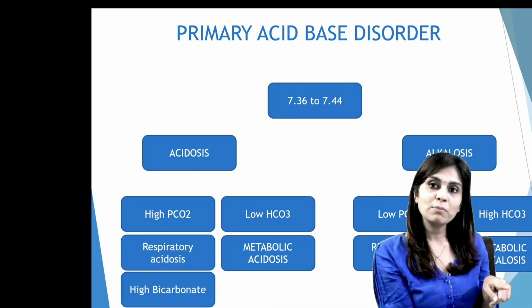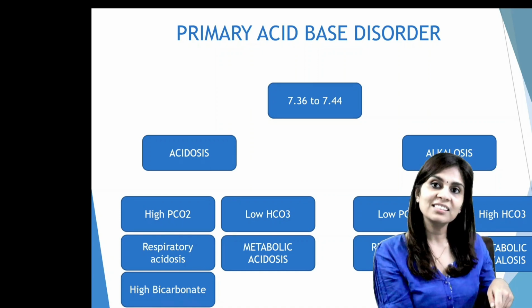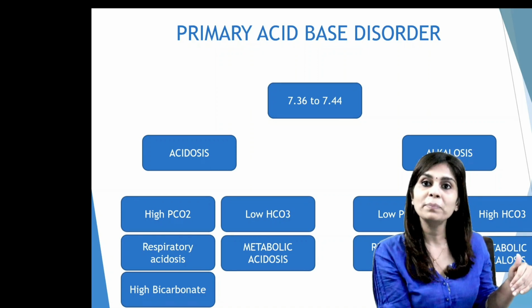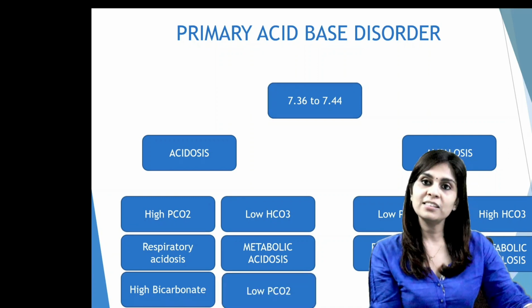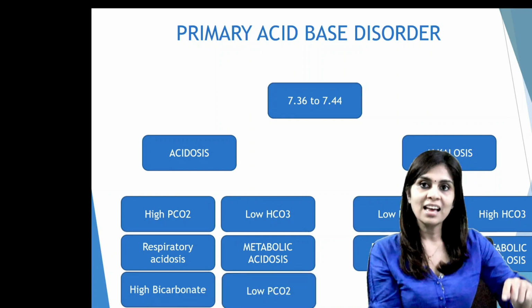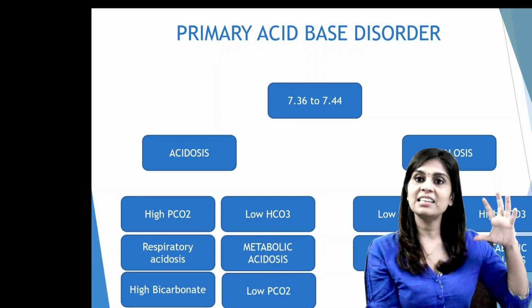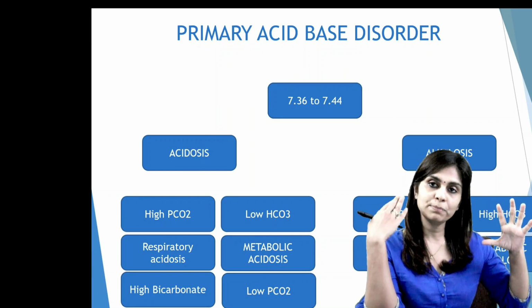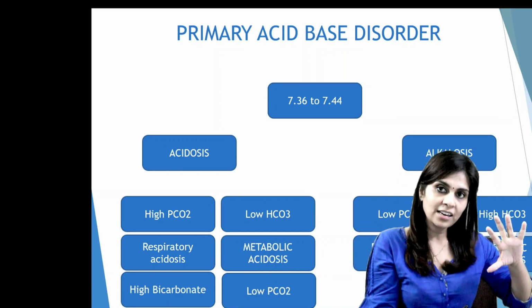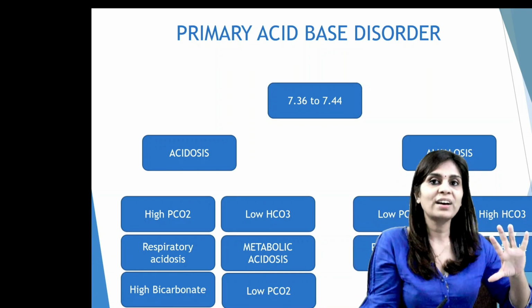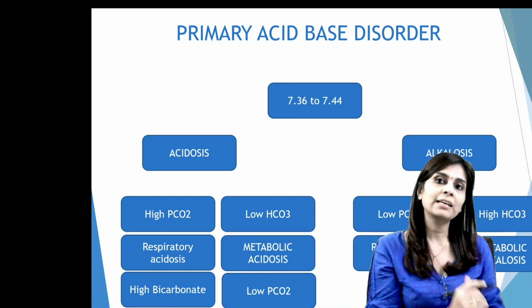What happens in metabolic acidosis? The primary defect is a decrease in bicarbonate. So the compensation will be a decrease in PCO2. Now, how do you decrease PCO2? If there is acidosis, acid, that is hydrogen ions, increase in CSF, that stimulates the respiratory center. The person washes away carbon dioxide, decreasing carbon dioxide, decreasing a source of acid. So the pH is brought back to normal.